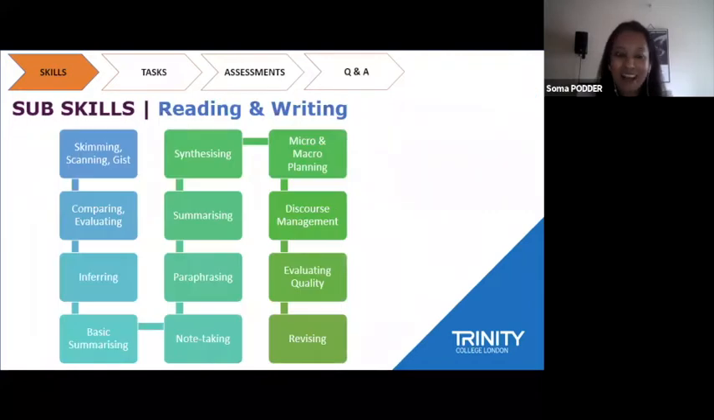Now, my favorite part of LSRW is, so what you see right now is how two broad skills like reading and writing have been broken down into smaller parts or subskills. Now, the whole raft of subskills that you see here are the smaller parts that constitute reading and writing. So you have skimming, scanning, gist, summarizing, evaluating quality, revising, and all these smaller parts need